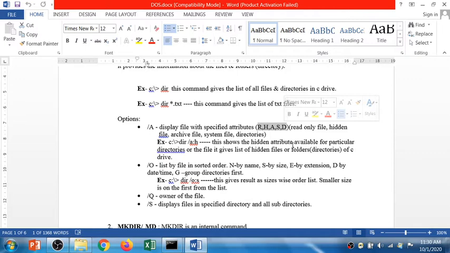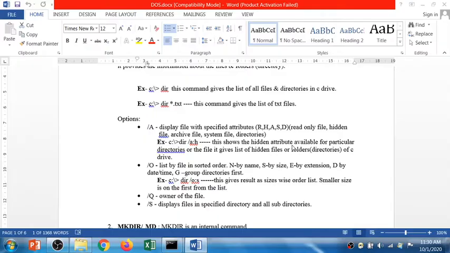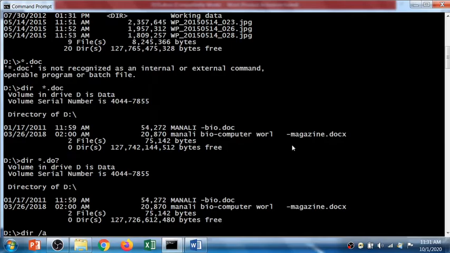So what I'm going to do is use the attribute of the dir command. I'll write dir, then slash a, right? You have to write the slash properly, the forward slash or the backward slash.